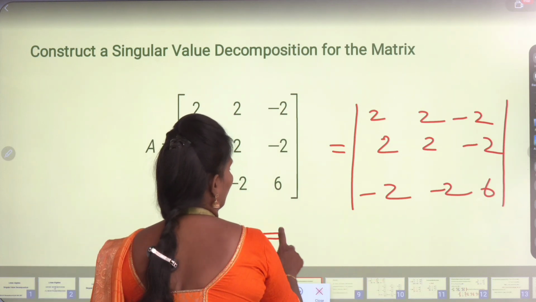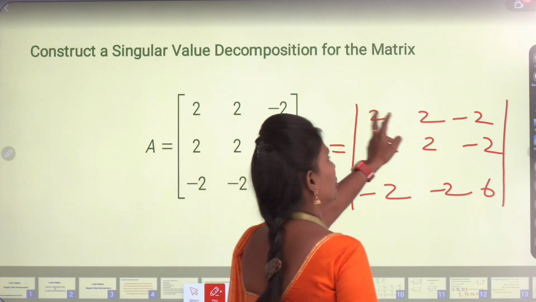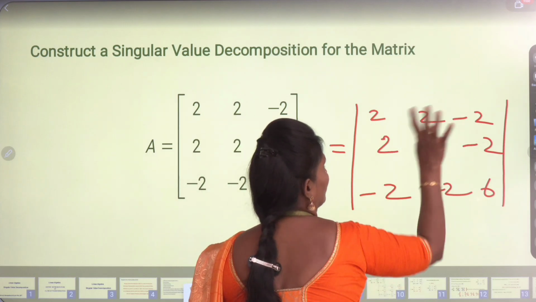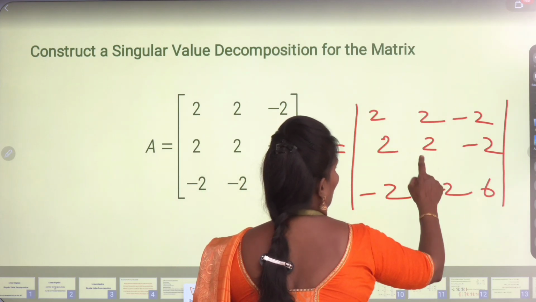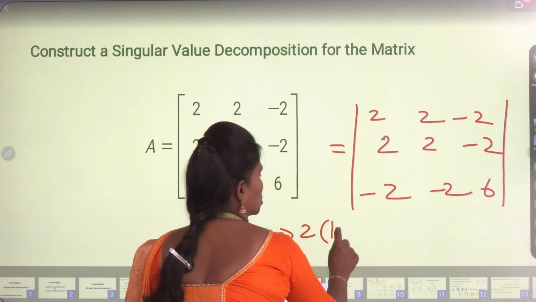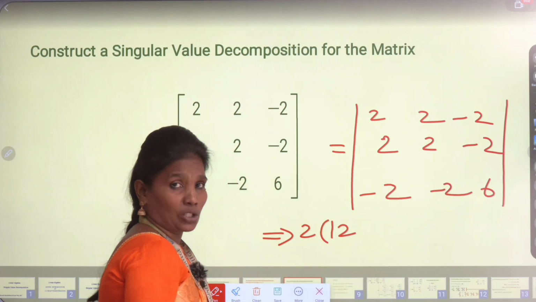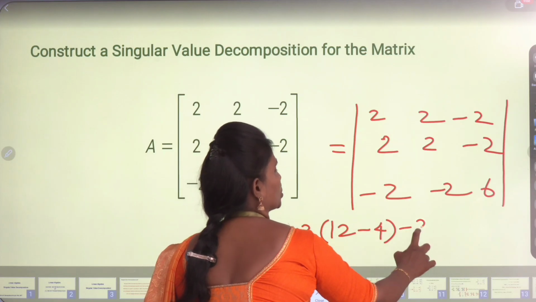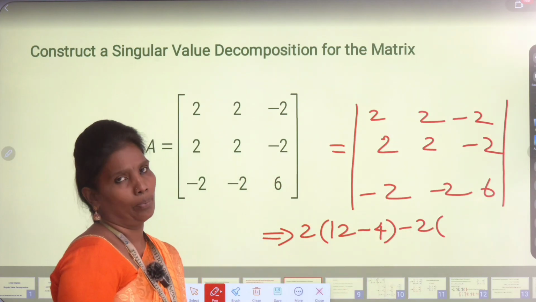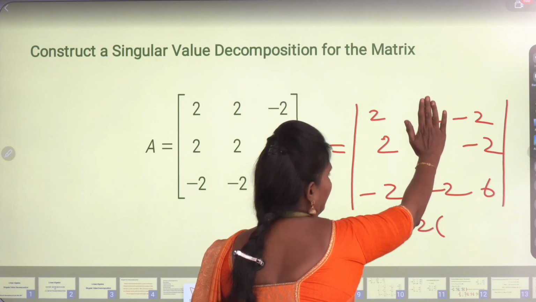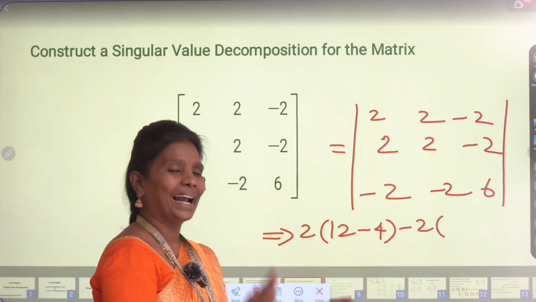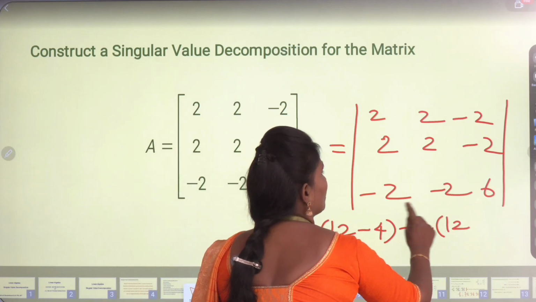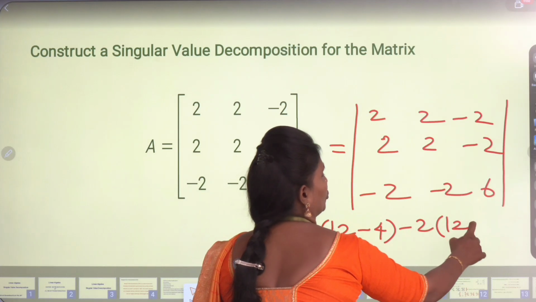So that implies, how to find the value of this? First you take any row or any column and find the determinant of the matrix. First I'm going to choose the first row. Hide the first row and first column. 2 into 6, 12. Minus 2 into minus 2, plus 4. But in the form, it is minus 4. Then after the second value, minus 2 into, it is a procedure, it is a determinant procedure only. Hide that column; wherever the element is present, you hide that row and column, and the remaining you multiply. 2 into 6 is equal to 12. Minus 2 into minus 2 is plus 4, minus 4 it becomes.